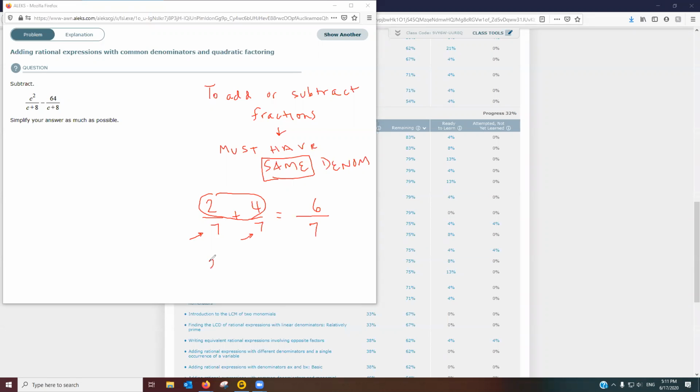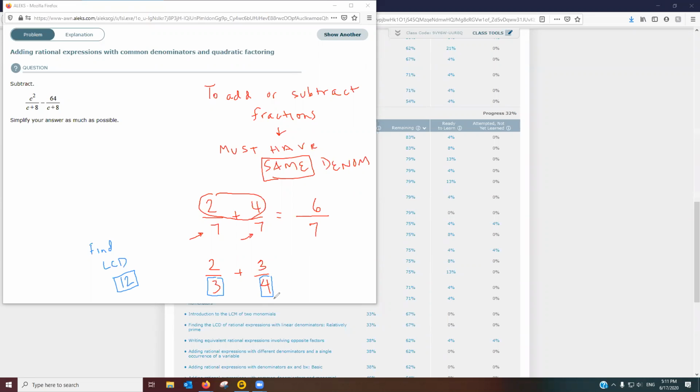But what if I had, let's say, 2/3 plus 3/4? Well, notice I can't add these fractions right now because they don't have the same denominator yet. So you probably remember that what you have to do is find what's called the least common denominator. And the least common denominator is some number that both 3 and 4 will evenly divide into. Well, I'm going to use 12 because that's the smallest number I can come up with such that both 3